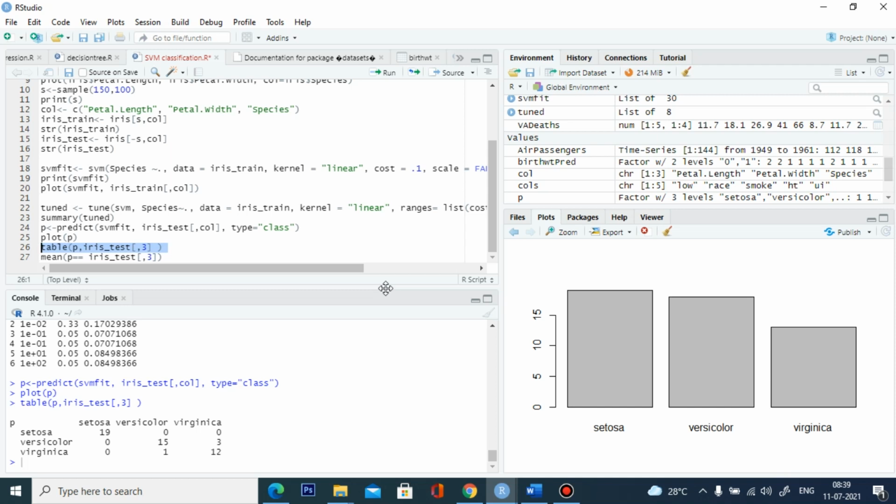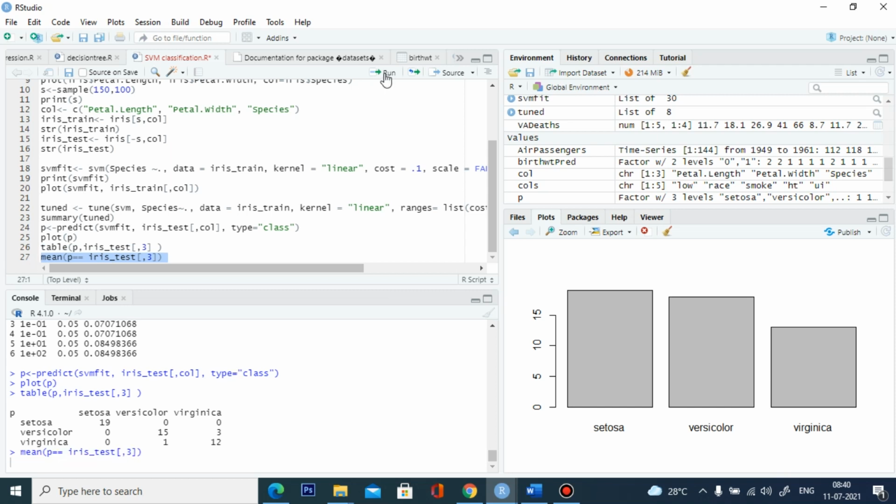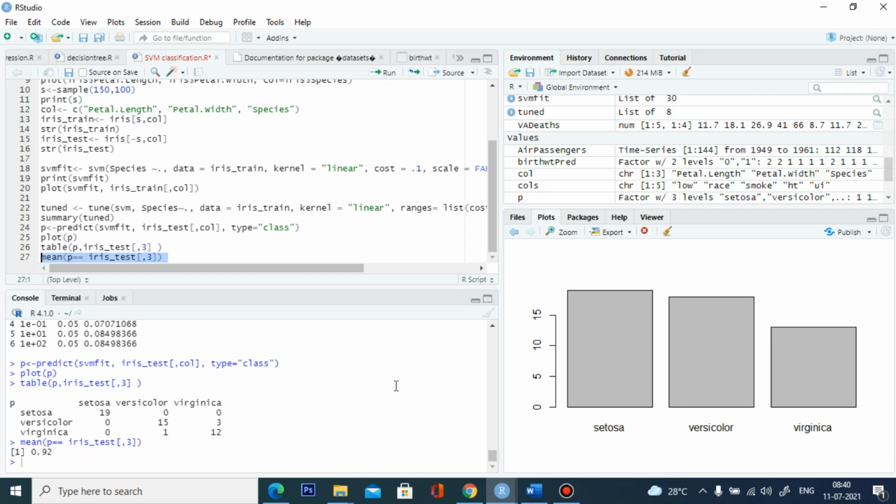For Versicolor, out of 18, 15 are correctly predicted and 3 are not correctly predicted. For Setosa, there are 19 samples, and 100% are correctly predicted. So the mean value is 0.92, so in our example the accuracy is 92%.